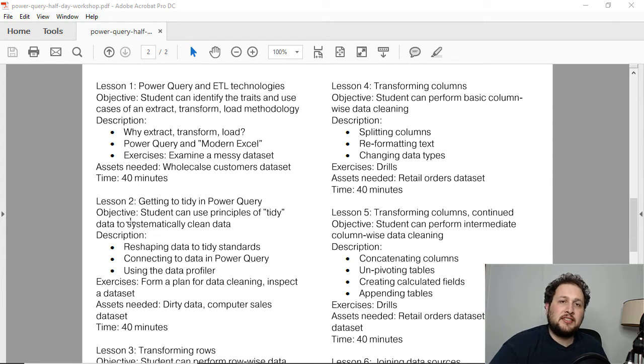I put a big emphasis in this workshop on some of the conceptual stuff because it's garbage in, garbage out with computers, right? We don't really understand what makes data clean and what Power Query can do for us to clean our data. Then, what's Power Query going to be able to do for us, really, if we don't know what to tell it to do? So there is some emphasis on some of that conceptual stuff,